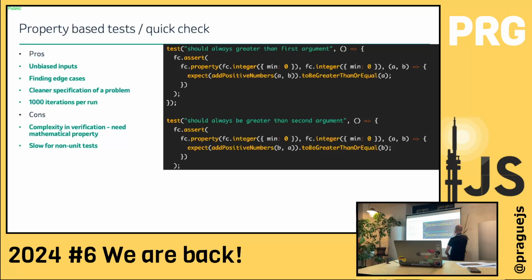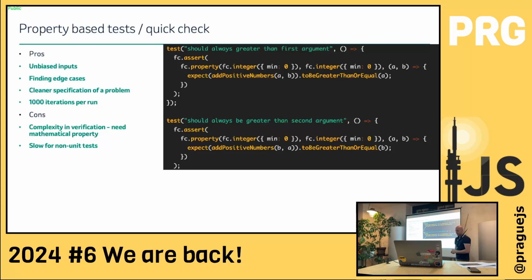Okay. And there is another test, so you will try the same, but basically this uses some basic mathematics: when you add one number and a second number, the result is bigger than the first number or the second number, right? And this kind of test is trying to prove that it's mathematically correct. And you will have 1,000 runs of this test case, which would find the bug for you.